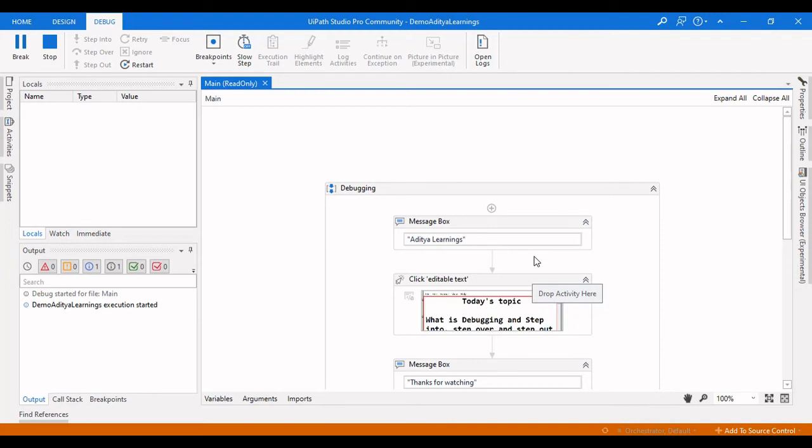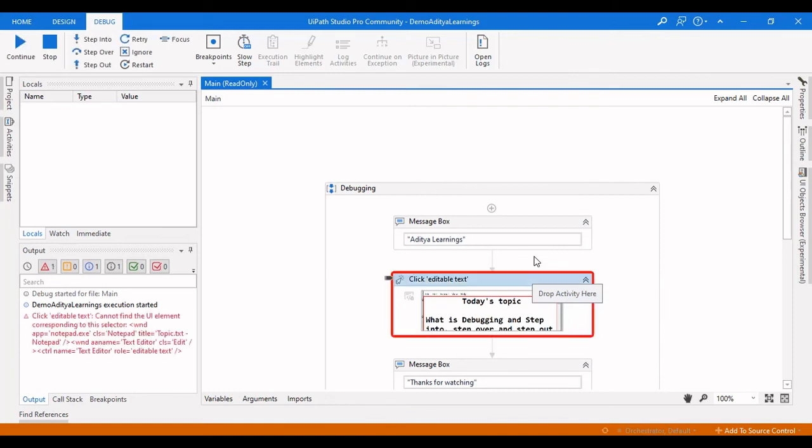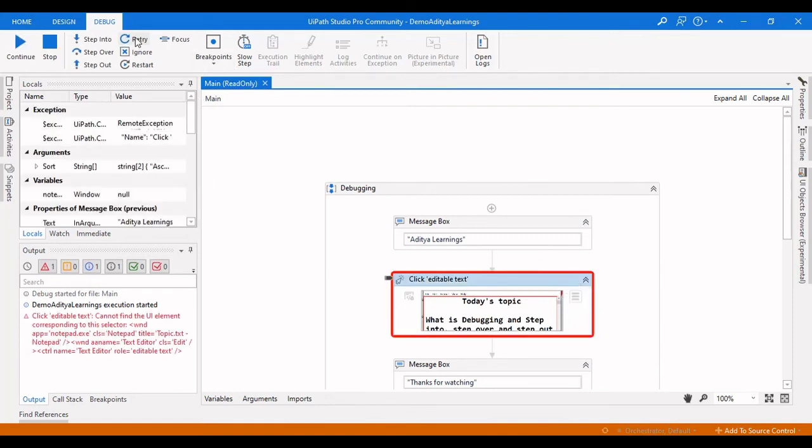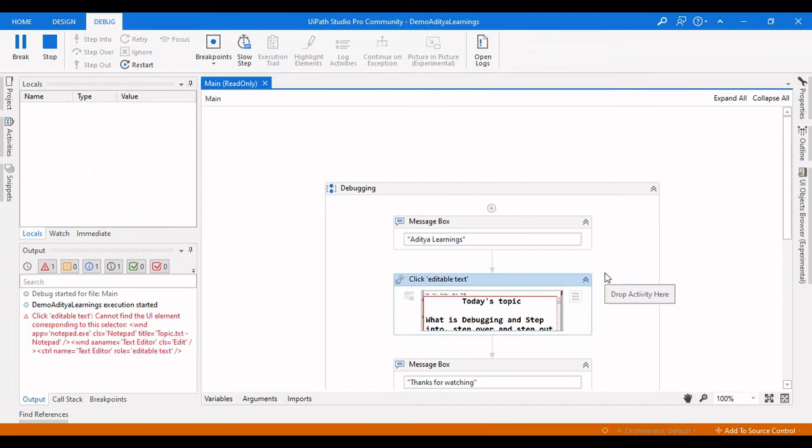And these are some of the main options which you need to know about the debugging concepts in UiPath Studio. And there is another important point here, which is breakpoints. We will discuss it after this particular point. So if I click on retry, then it will try that particular activity again. Now it is trying that particular activity again. Now let's wait and see for this particular error to occur again.